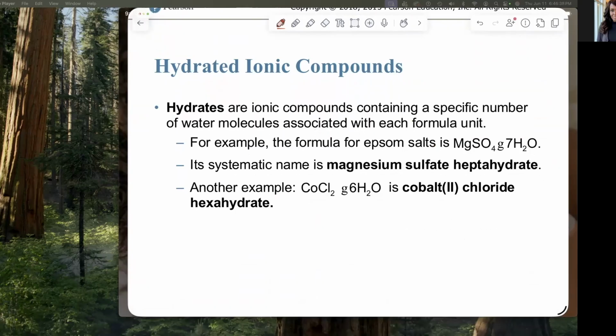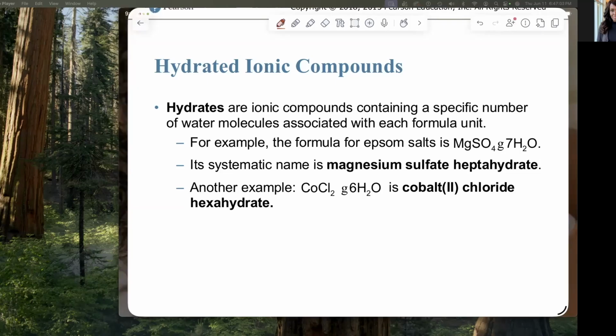When I started working at Dallas College, I had to order some copper sulfate. And I was on the website and they were asking, well, do you want copper sulfate hydrated or anhydrous? And I was like, oh, I forgot. That's important. So let me see if I can find you guys a picture of hydrated so you can see the difference